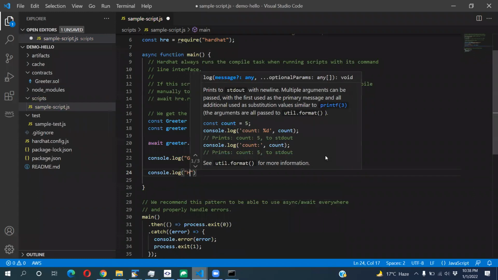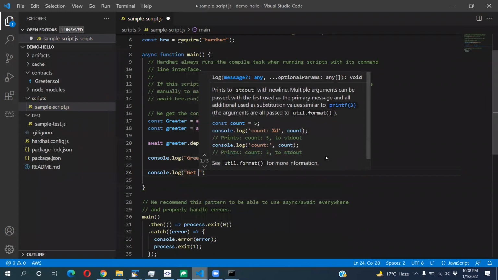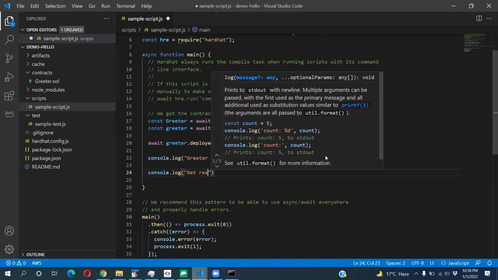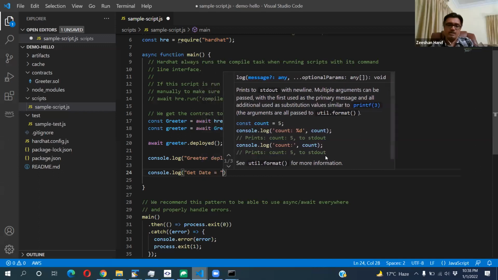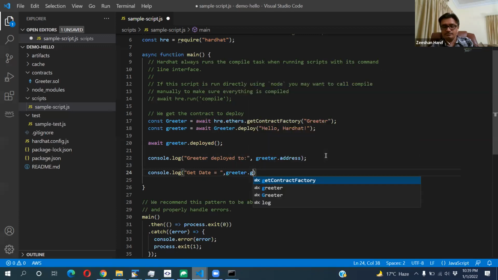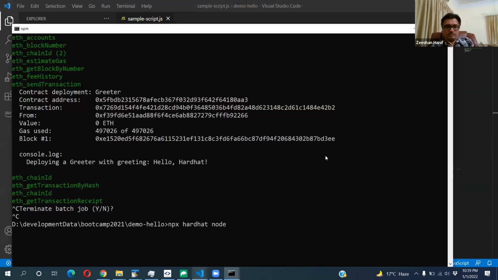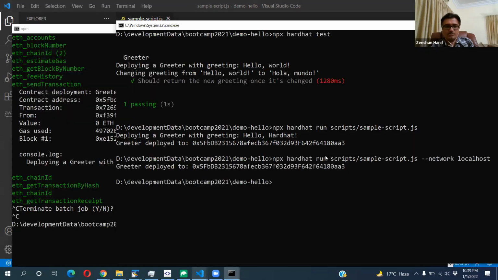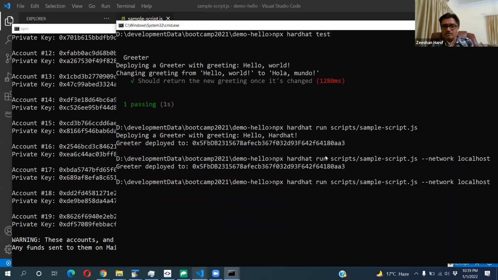Basically, deploy returns us a promise and we need to wait for the response. I'll say get data, and then I'll call greeter.greet. Now you see, I don't have access to the intelligence of the function, but anyhow, let me run this and run the command again.